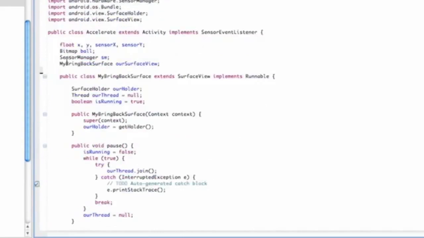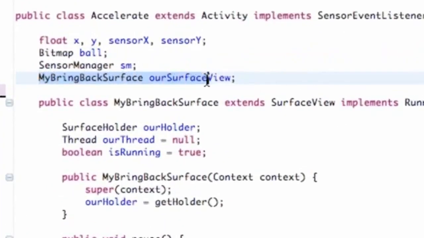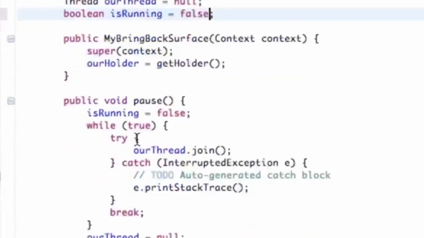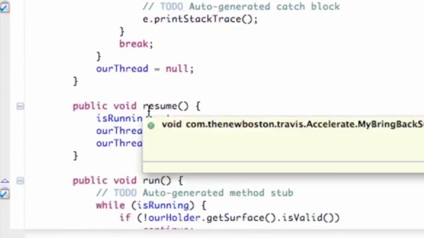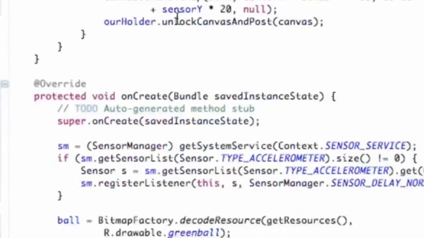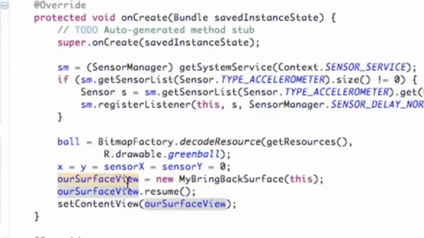What I did is I created a new BringBackSurface called our surface again, because my BringBackSurface won't run until we have this, because everything is set to false to start with, until it hits the resume method. That's when it's going to create our new thread that we're going to draw to. So what I did is create a BringBackSurface called ourSurface, and then within our onCreate method,